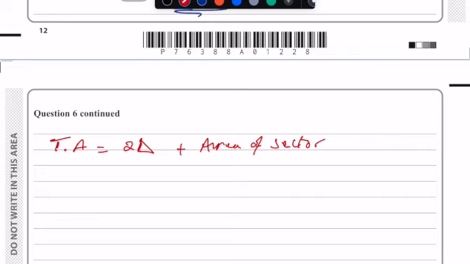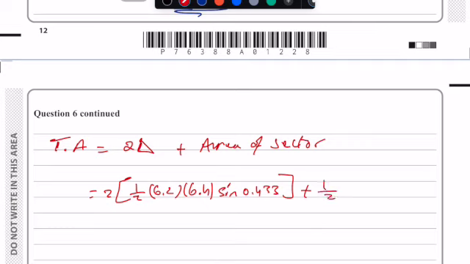Area of two triangles, which is 2 times half AB sine C, which is 6.2 times 6.4 sine the angle between them. The angle between them, which is 0.433, plus the area of sector, which is half r squared, 6.2 squared times theta rad, which is